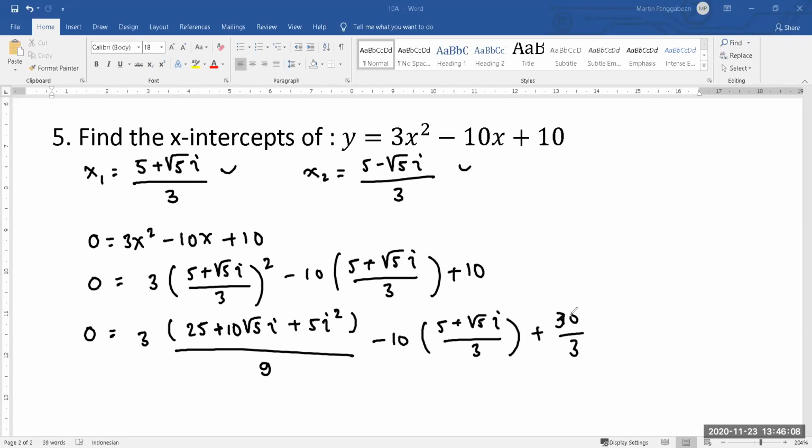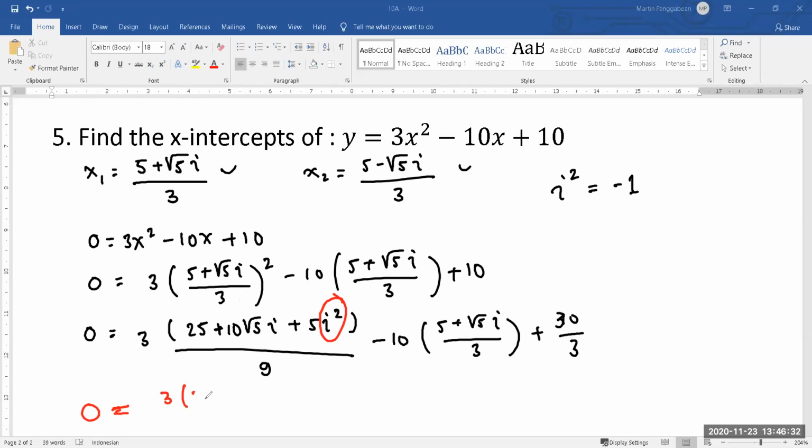Okay, and then don't forget i square equals to -1. It means I can replace this one. Okay, so when I try to combine everything, 0 equals to